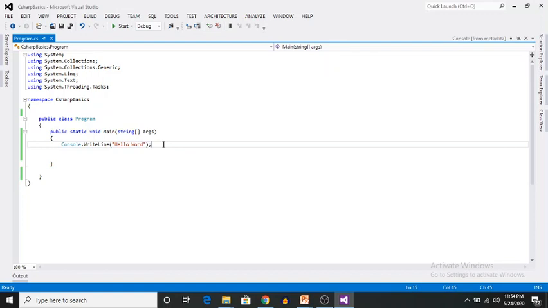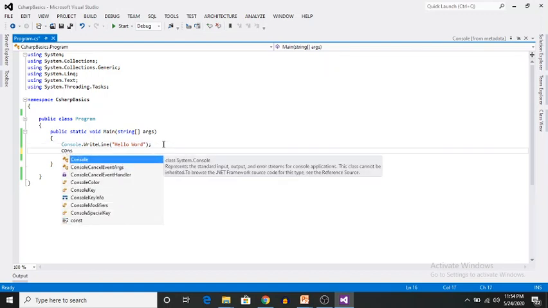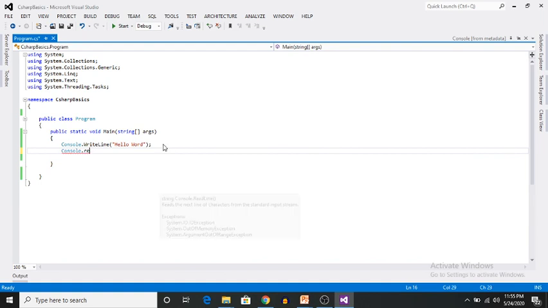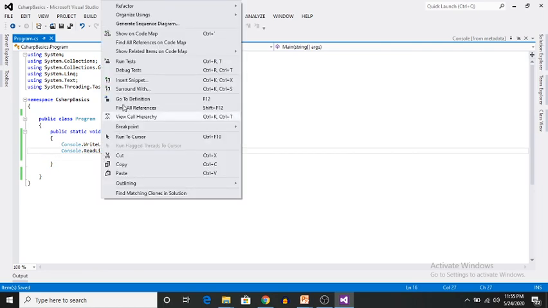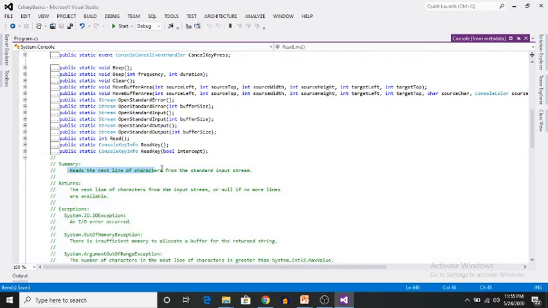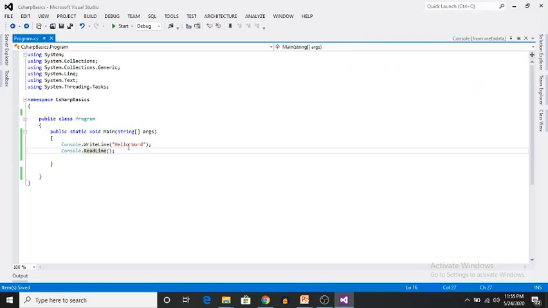If you want to keep the output as it is, what we need to do is read this sentence using the ReadLine method of your Console class. See, Console.ReadLine, what does it do? When I click on go to definition, it reads the next line of characters from the standard input stream. This is called your input stream.